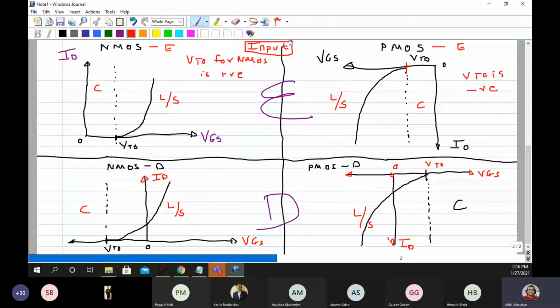Now like this, I want the 4 output characteristics of NMOS E, NMOS D, PMOS E and PMOS D. So please draw this and then immediately we will start writing the code in LTSpice. In the meantime, those who have finished writing can see whether their LTSpice is alright or not.